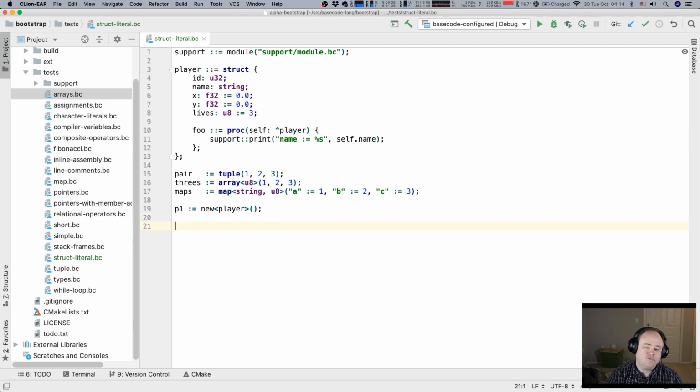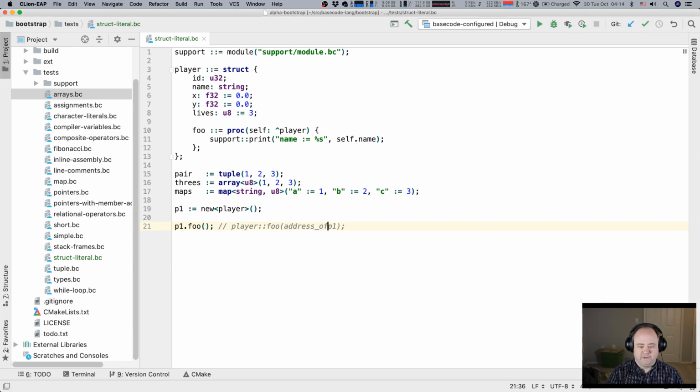Well, if we make a new player, then I can do p1 foo, and the compiler will do a uniform function calling transform on this. So behind the scenes this will become player foo p1, right?